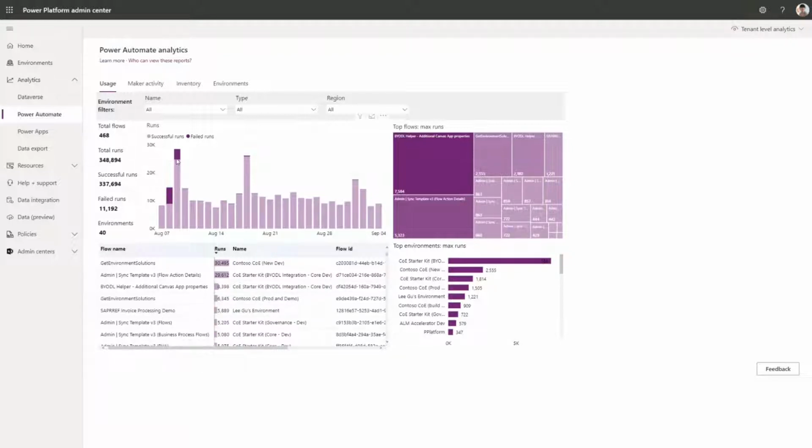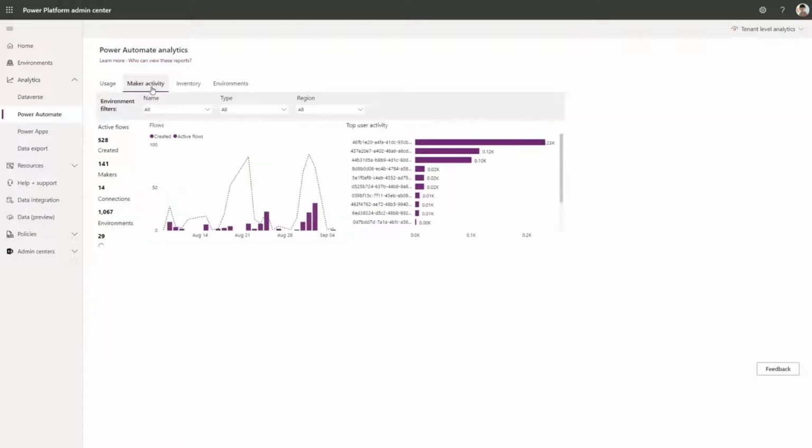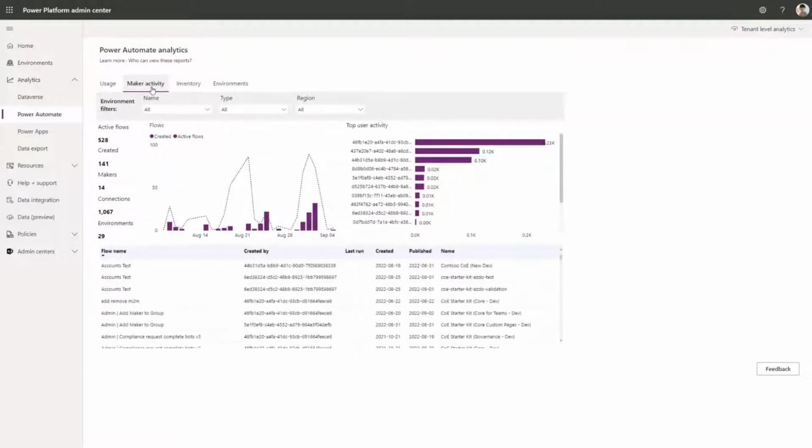patterns. For example, here I could see that earlier in August, there was a spike in failure rates that looked suspicious. And I suspect it's got to do with a policy change that I did that ended up blocking some of the flows. It's an opportunity for me to reach out to the flow owners and see if there's any concerns. Switching to the Makers tab, I see the details on my top flow makers, and the Inventory tab is